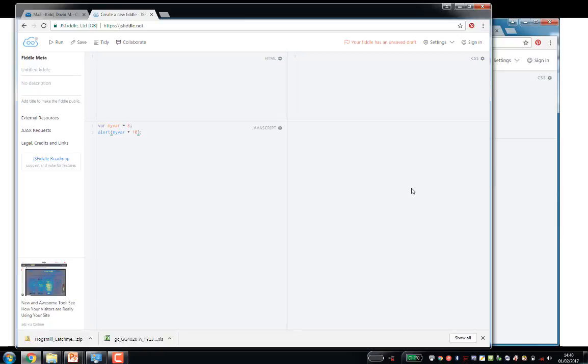So here I am in JS Fiddle. I've just got some code, no HTML at all whatsoever. All I've got is var myVar equals 8. So I set the variable called myVar to equal 8. And then I'm going to produce an alert box which takes the value of myVar and adds 10 to it. So when I run that, it says,